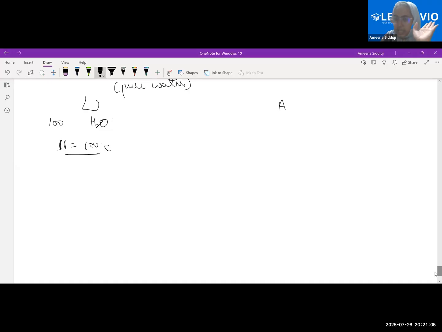Now, just ignore this part right now. We are just concerned with the A substance. The A has a boiling point of, let's say, 78 degrees Celsius. That means all the particles of substance A will actually change to the gaseous state at 78 degrees Celsius. Is this point understood? Yes or no? Yes, ma'am.